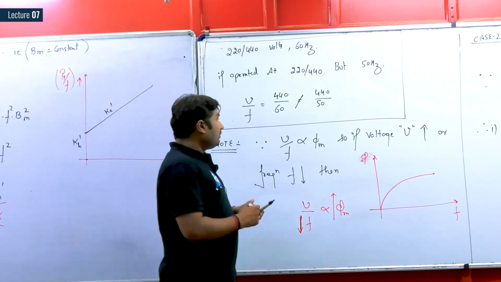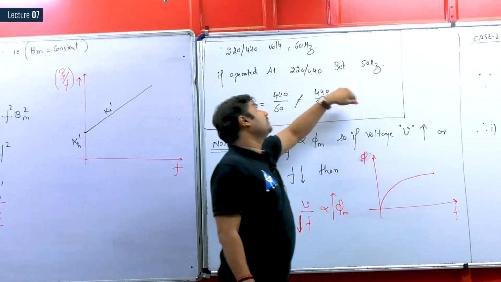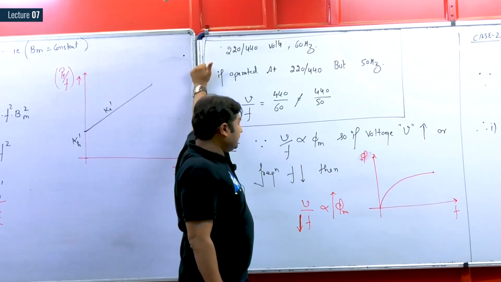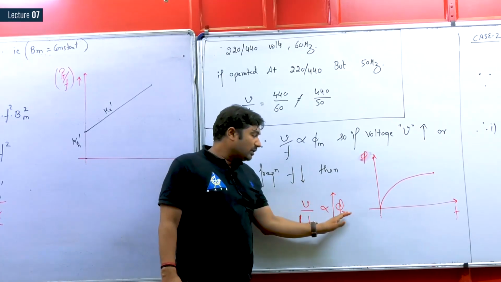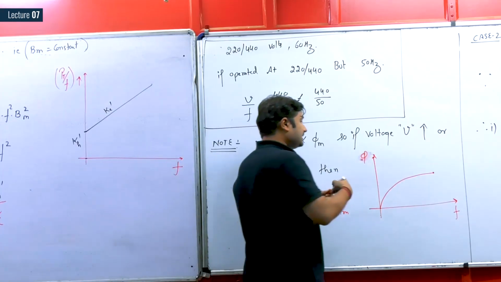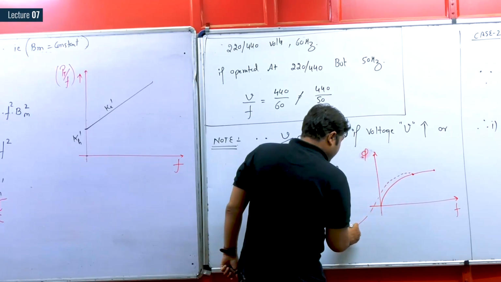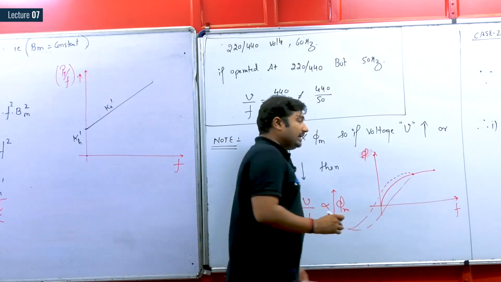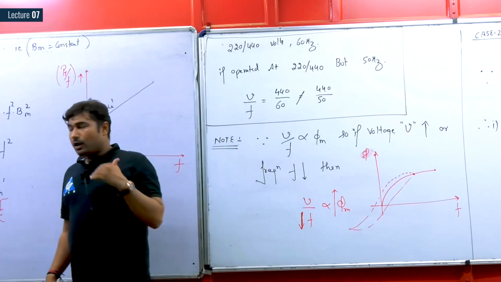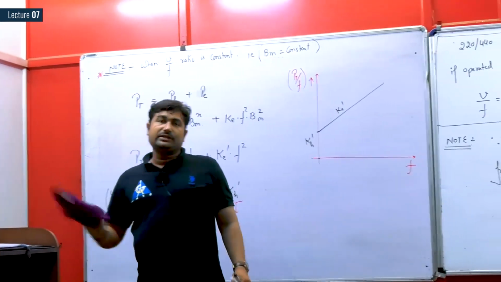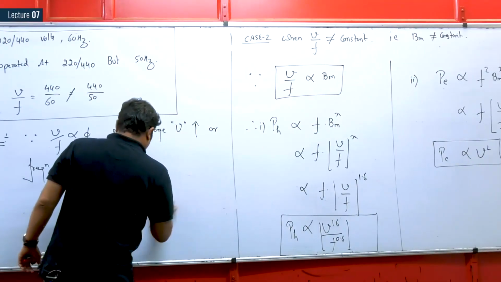Is it okay? However, if someone takes a transformer of 50 hertz and uses it on 60 hertz, then what happens? Since the frequency is increasing while the voltage remains the same, the maximum operating flux decreases. The transformer will not go into deep saturation, the area under the BH curve also decreases, and the losses decrease. So you can operate a transformer designed for a lower frequency at a higher frequency, but you cannot operate a transformer designed for high frequency on low frequency.